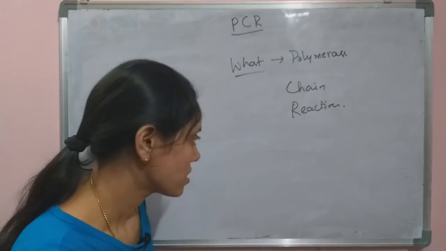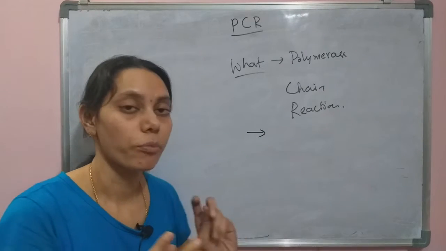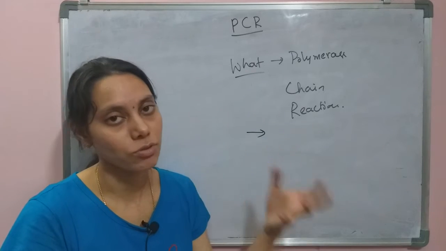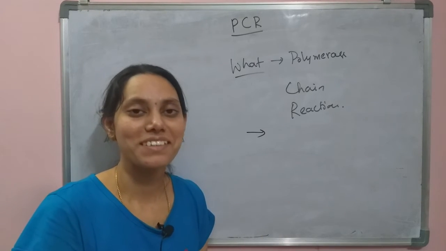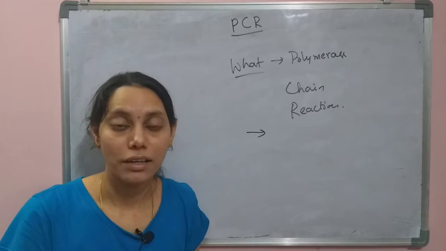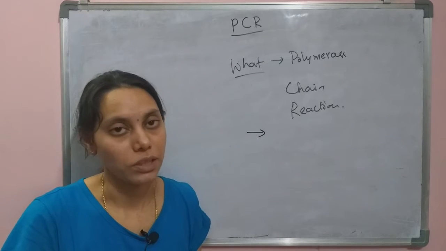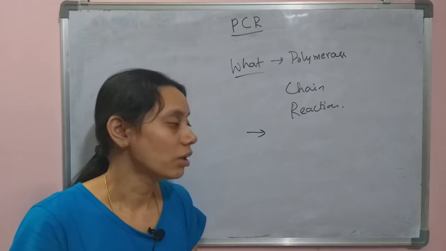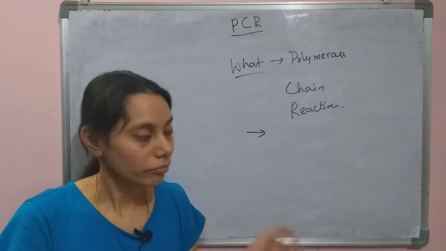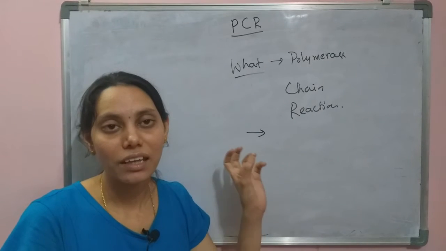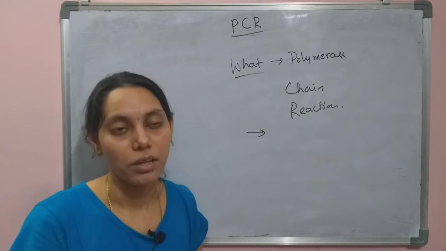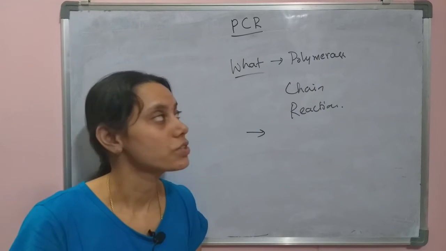The difference is that the natural system provides the proper atmosphere and all requirements for DNA replication, but in the laboratory that is not possible. The laboratory experiment doesn't have the luxury of having that many enzymes, cofactors, and a proper in vivo atmosphere, but instead only a few essentials that lead the reaction will be taken, and we can artificially amplify the DNA into the number of copies that we require. We can amplify that much DNA using this PCR reaction.